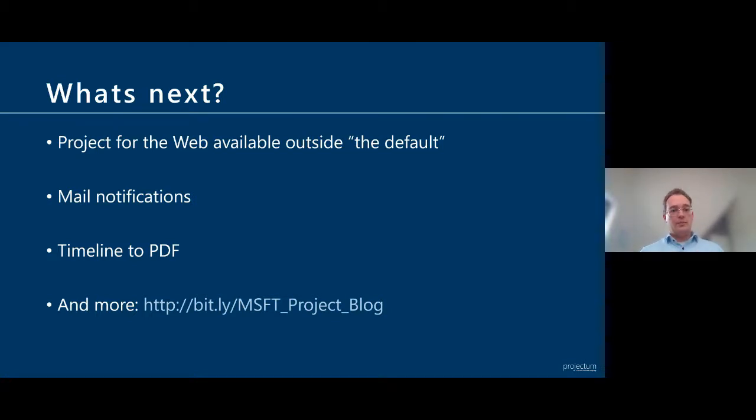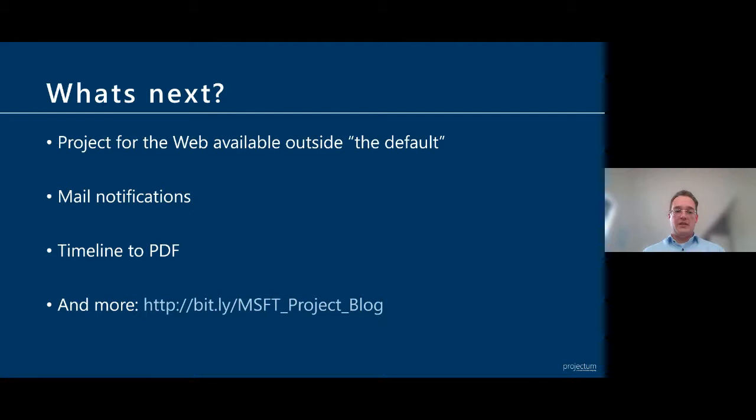So Project for the Web is going to be deployable to other environments within the system. Now again, this, just like importing from a MPP file, is very technical and might not be for everyone, but consultants like me, we're very excited that this feature is coming out. Then mail notifications is also going to be an option, and